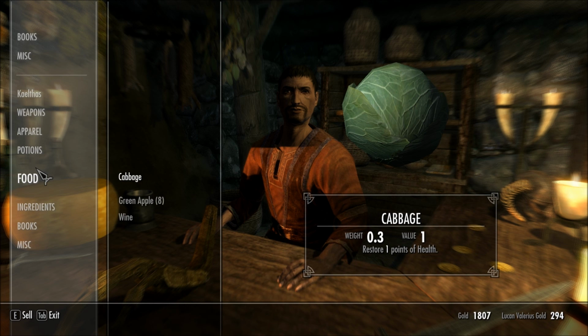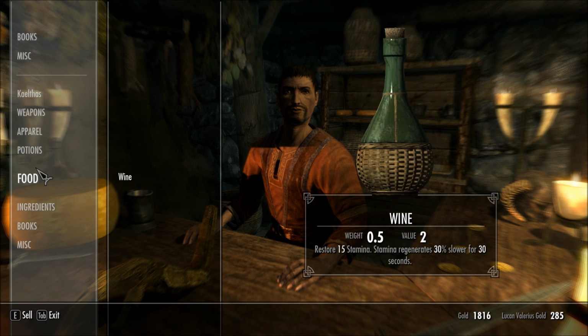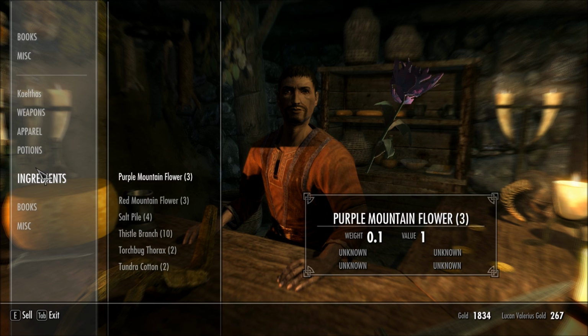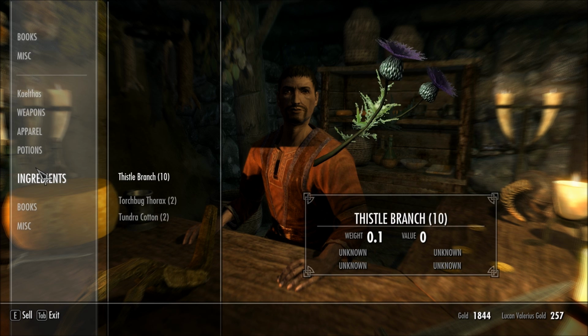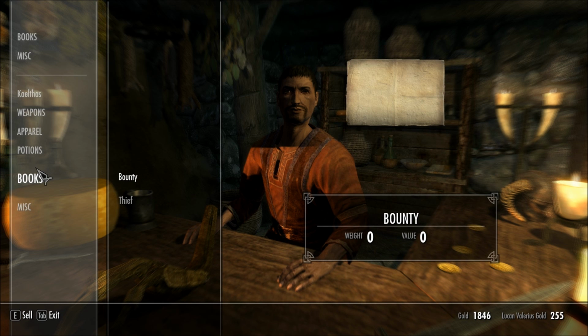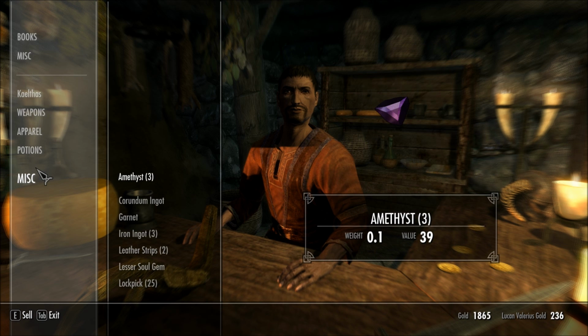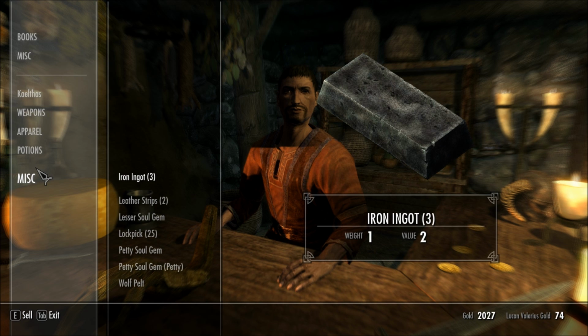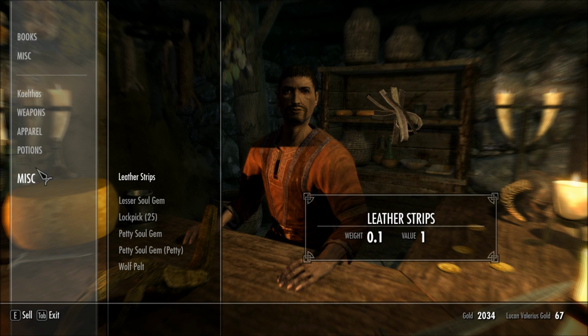Cooking has some nice benefits, however, most of this early food doesn't really factor into it. And again, all of this stuff that I've picked is mainly just to sell, because I'm not really going to focus on alchemy with this character. And I'm not really going to do much smithing, so I'm not going to keep these garnets or...